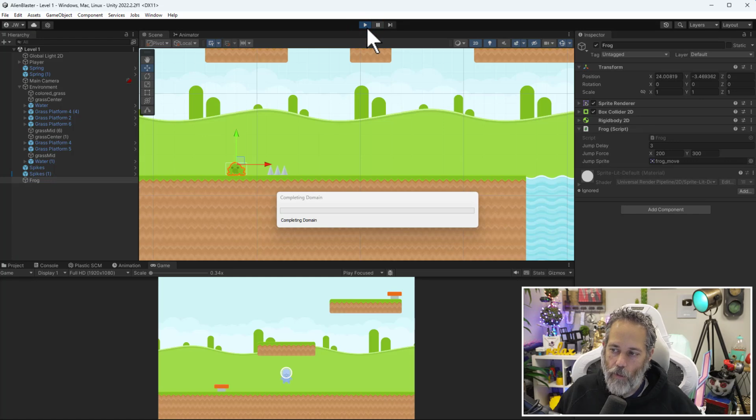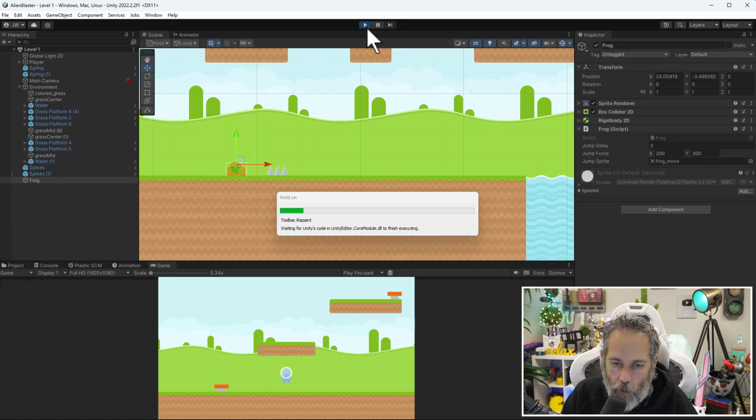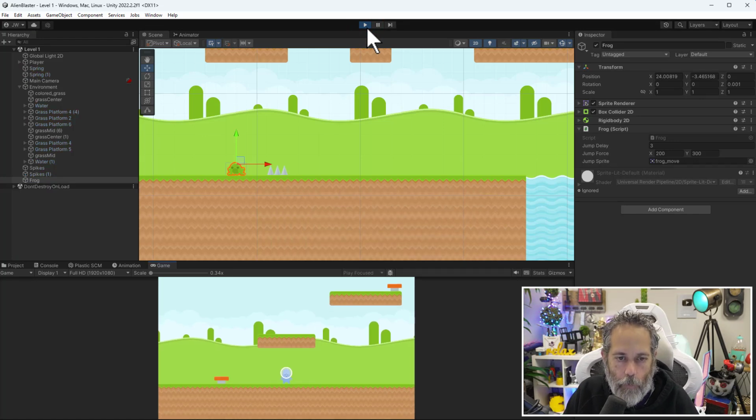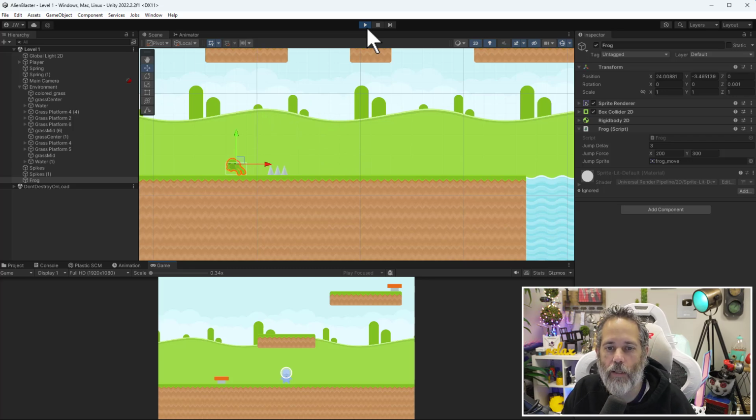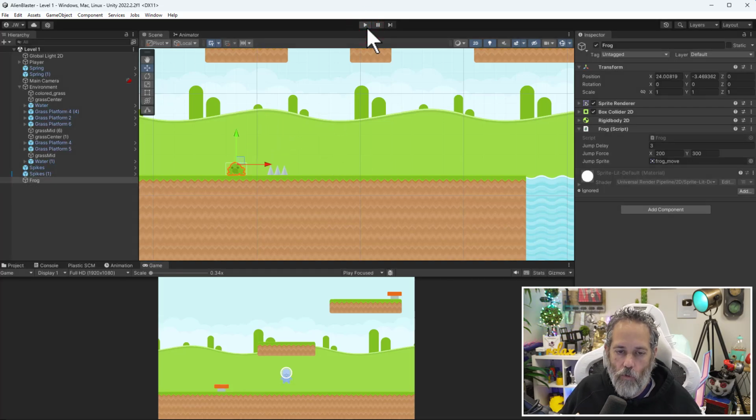Let's see. Come along, little froggy. Jump, jump, jump. There we go. He jumps and okay, it's close, except when he lands, he doesn't switch back to the normal sprite. So the last thing we need to do is make him switch back to his normal sprite,